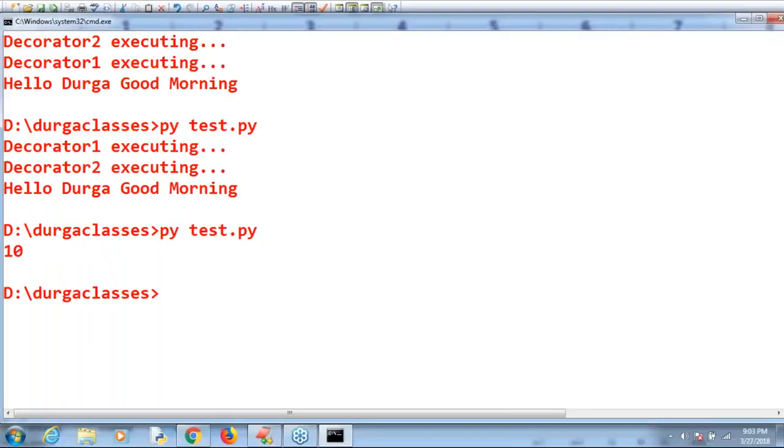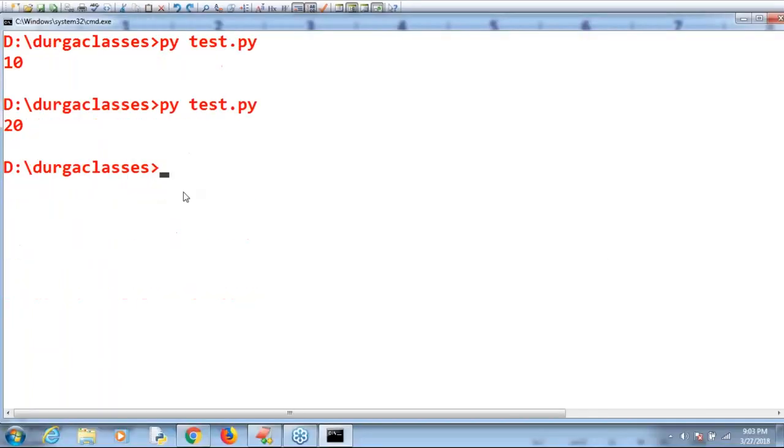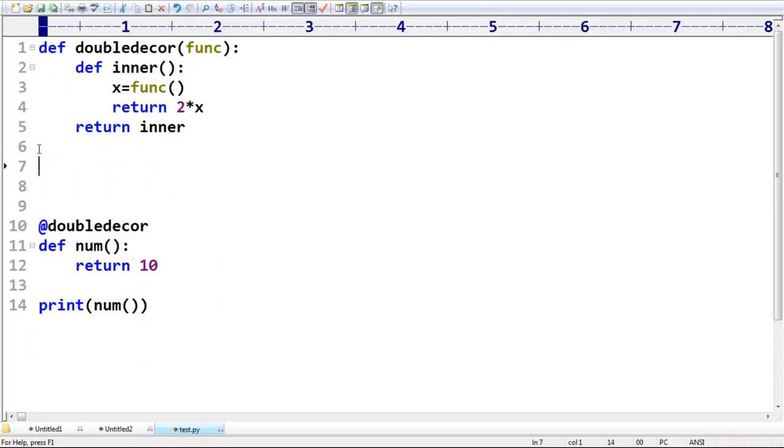Simply 10 is the answer. If I take the decorator, what is the answer? 20 is the answer. Perfectly. My decorator is working or not? Double decorator is working. Now my requirement is, okay, now same, def square decorator